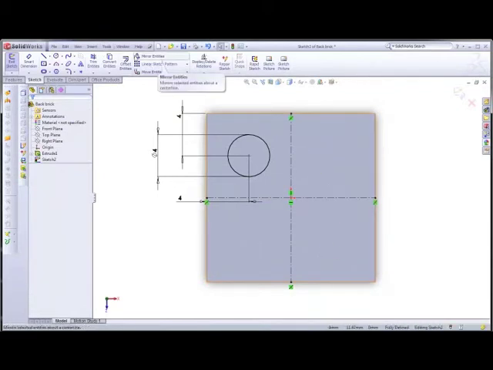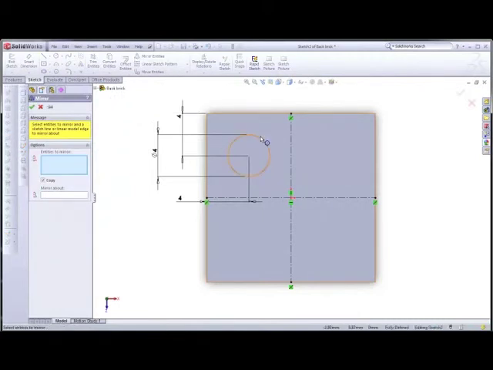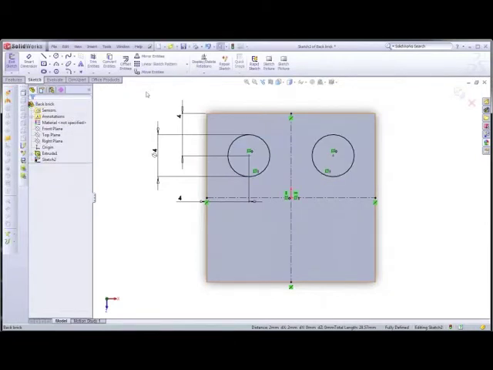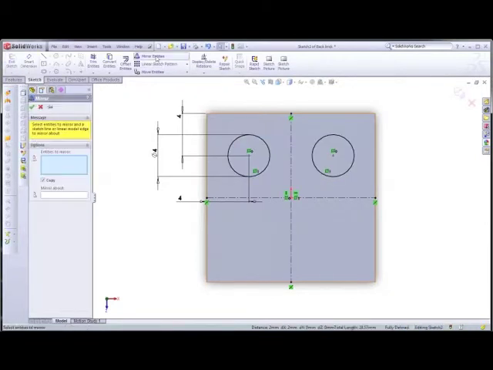Okay, now I'm going to go to the Mirror Entities tool, click on this, click Mirror About. Remember, select linear entity to mirror about. So this is our line of symmetry. We'll select there to get one over here, green tick that, and then once again go over to Mirror Entities